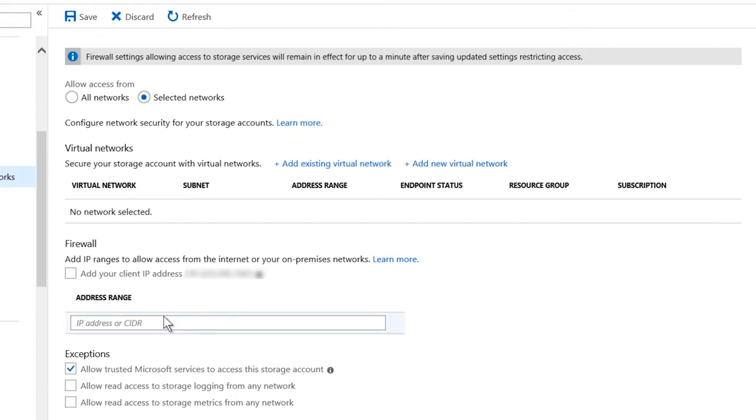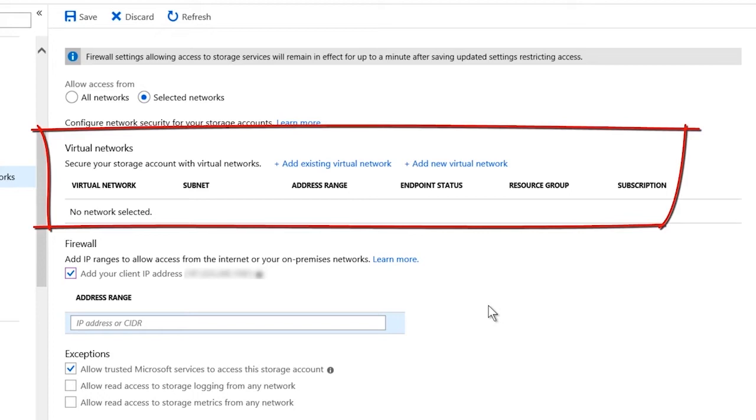As you can see below, it actually has my client IP address here, which I've got grayed out. I could also put in an IP address, or I could put in a CIDR prefix, like 57.224.240.0/24. Now, when I'm only allowing access from particular VNets, what I'm actually doing is enabling a service endpoint,